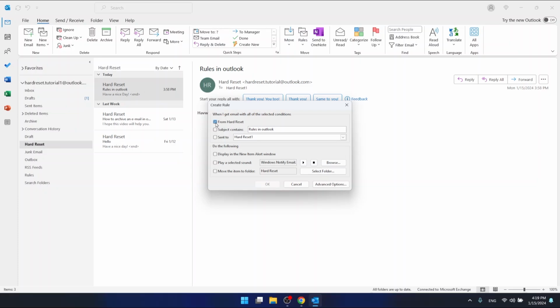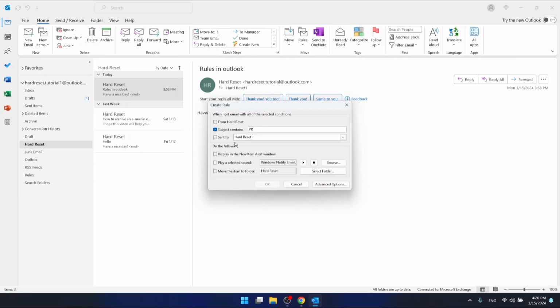We can select either if we want to create a rule from this specific sender, or just, for example, with the subject that contains something. Maybe you're getting a lot of emails with one specific subject that contains some specific words. Maybe you're getting emails about PR and something. So now you want to click right here, for example, PR,